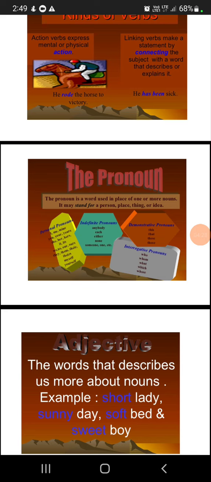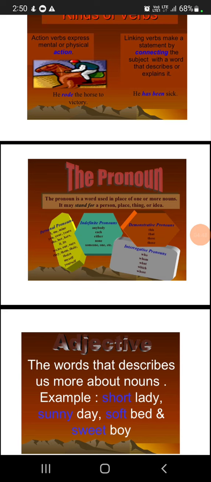She, her, hers, it, its. These represent other people. We, us, our, ours represent a group of people along with each other. They, them, their, theirs, myself, yourself. These kinds of words come under the category of personal pronouns.